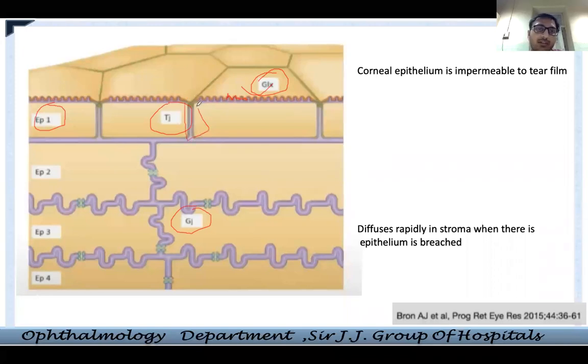Then again, there are tight junctions between two epithelial cells. So whenever there is some injury, some trauma, or anything that disturbs your tight junctions, or maybe because of dry eye or toxicity to a drug, when they are disturbed, your fluorescent is going to percolate, or in a simple word, diffuse down and start staining the lower surface, the posterior surface, epithelium 2, 3, 4, and then your basement membrane. So it diffuses rapidly when the epithelium is breached. Otherwise, epithelium does not allow fluorescein or any other dye to go through it. But once it diffuses, it can go all the way to your aqueous humor also.